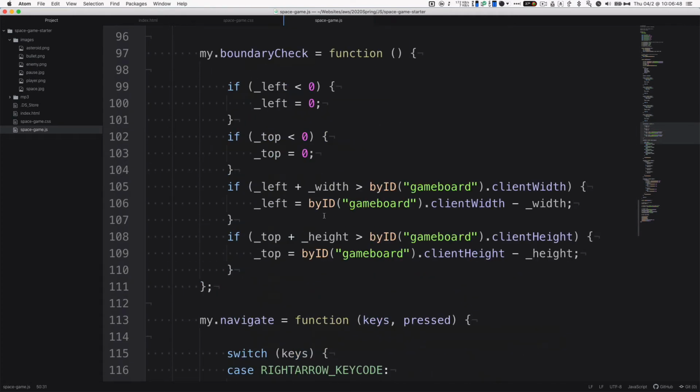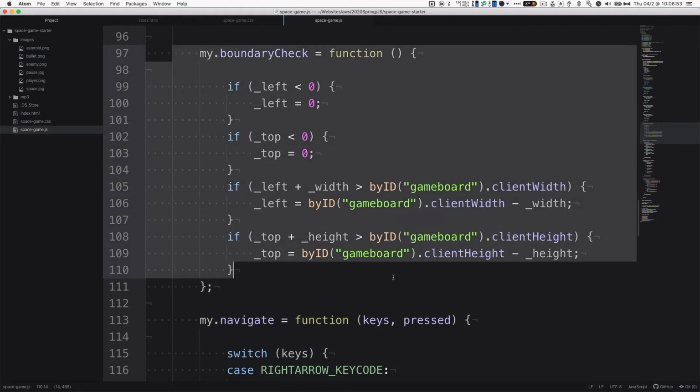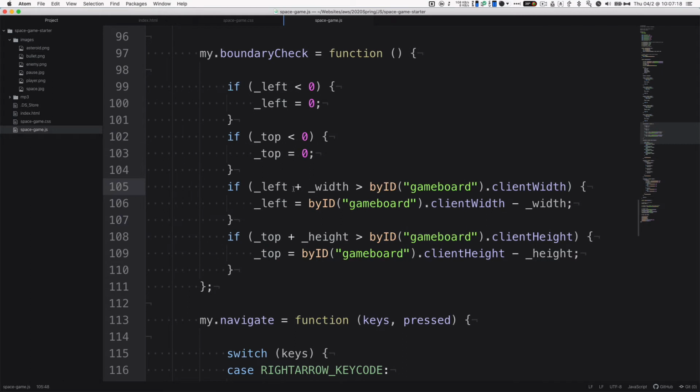The first new function is boundary check. All this does is check to see if you're moving beyond the boundaries of the screen. So if left is less than 0, keep left at 0. Pretty easy, right? If I'm holding down the left arrow key and moving where left would become negative, the leftmost position is 0, the topmost position is 0, and the rightmost position